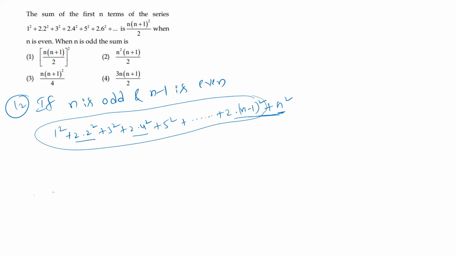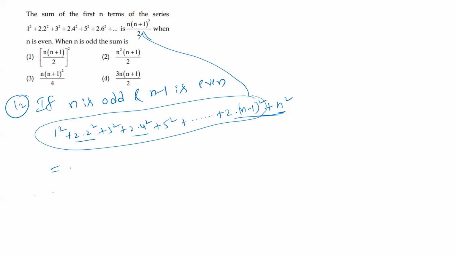Okay, now I accept this term. This is the last term we are taking in the whole series, so the odd term value. Now for this, substitute in the place of n minus 1, because n is odd, n minus 1 is even. That's the even sum we already got.